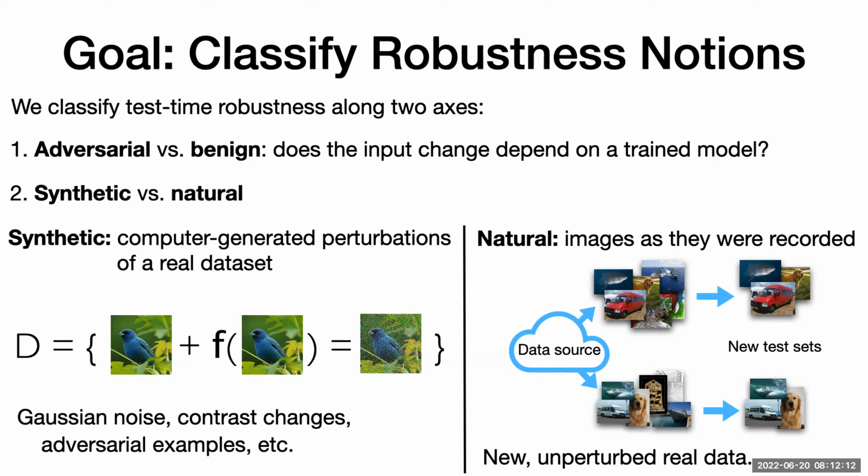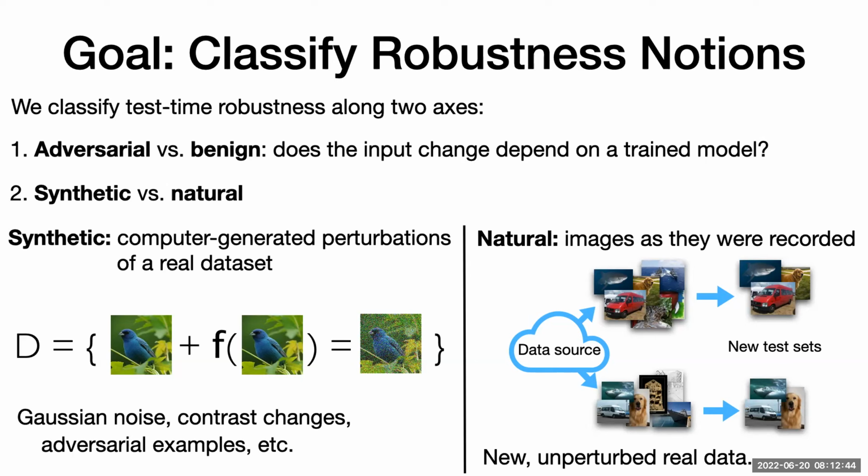So the second kind of distribution shift along this axis that we look at is what we call natural distribution shifts. The idea is that these are real images as they occur in the real world. Someone recorded them with a camera and then put them into a test set, and there are no additional perturbations on top of the image recording process. Okay, so these are the two dimensions we'll divide our big evaluation grid into. And before we dive into the results, let's quickly think about how we are actually going to measure robustness.